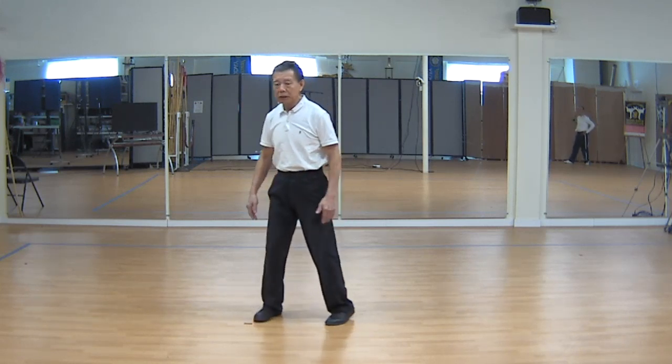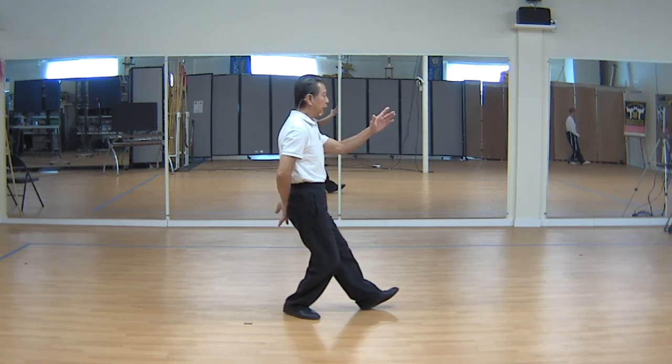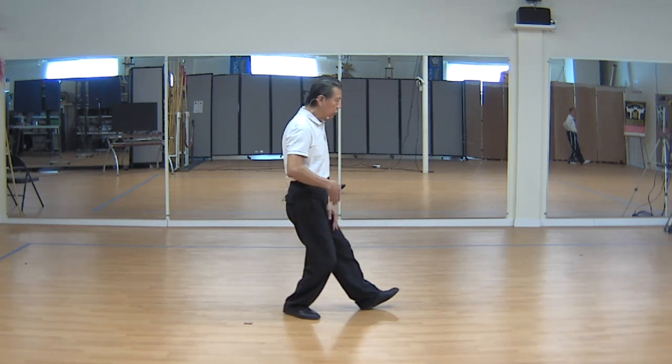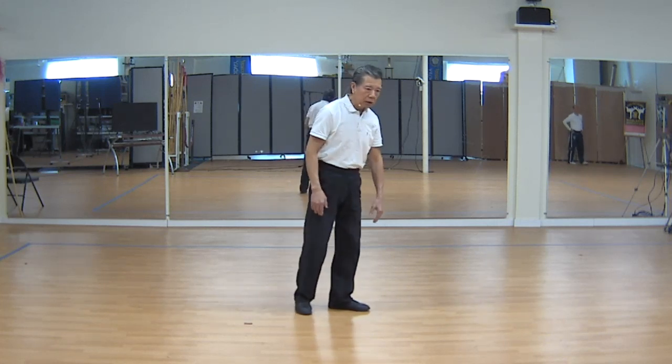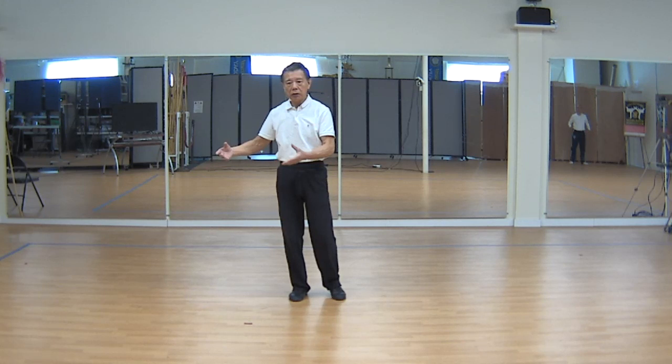The only way you can be stable when you sink is to have your spine dropping toward the heel of the supporting foot. And when the heel goes to the supporting foot and you relax the ankle, then the knee starts to go forward over the foot, because that's what it has to do to maintain stability and balance. But if you don't look at it in this way, then you're never going to be able to understand why you're losing your balance until you start to get your body involved with that. So first thing is,